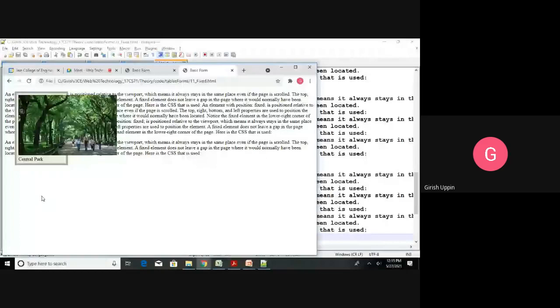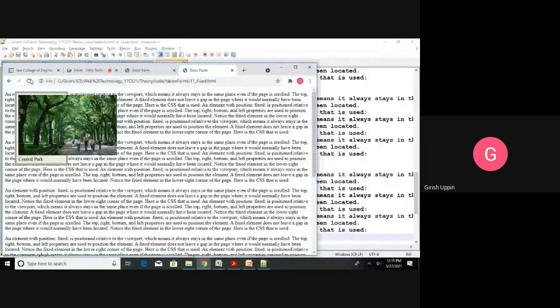Okay, now I got the scroll bar here, vertical scroll bar. Now I will scroll it down.